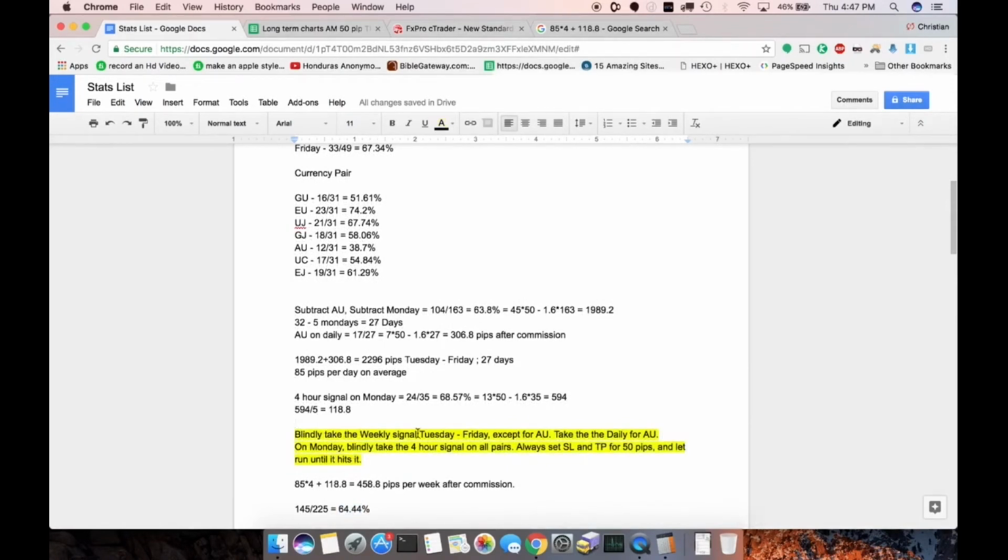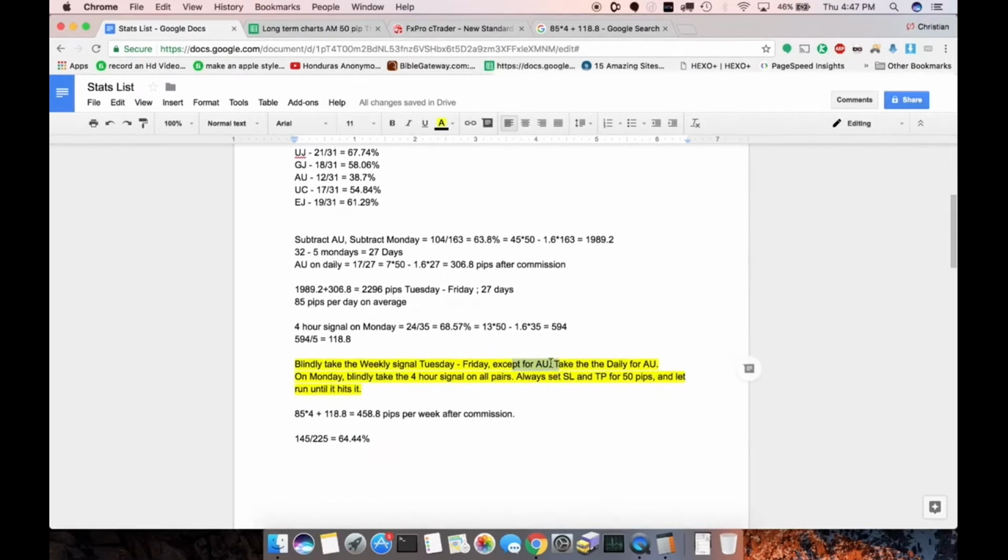Blindly take the weekly signal Tuesday through Friday, except for the AU. Take the daily for AU, Tuesday through Friday. Then on Monday, blindly take the 4-hour signals on all pairs. Always set stop loss and take profit at 50 pips, and let it run until it hits the stop loss or take profit. And that's what you end up with, 458 pips per week